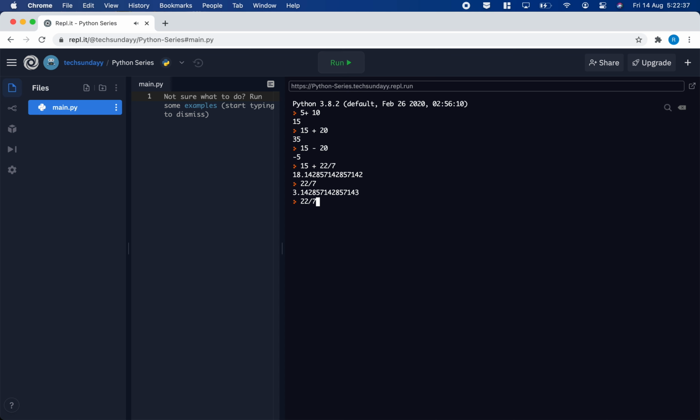So what I'm going to do is hit the arrow up key once, and that will give me my previous command, which was 22 by 7, and then I'm going to add 1. Perfect. Now let's see what we get if we do this. We get 22 as expected, and let's see what is 2 times 2,